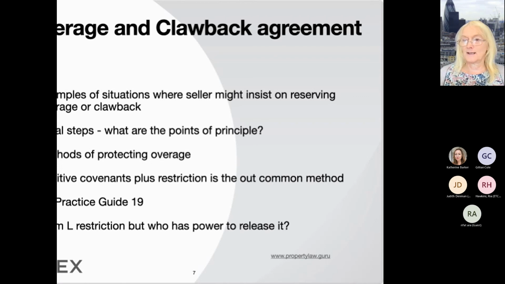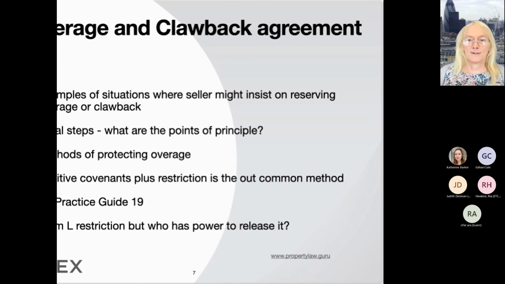Another example from my experience, overage payable on development. So there was development, but there was a recent case where the development was only putting a new roof on the shed of the farm, whereas what the seller had thought was the development was making an application for development for 15 houses. And the argument was about the trigger. If it was a one bite of the cherry trigger, then the increase in value from putting the roof on the shed would be pretty much little. The seller would get £1,000 or something, and then the overage would be released. And then when the developer put in the application for 15 houses, there was no overage to pay.